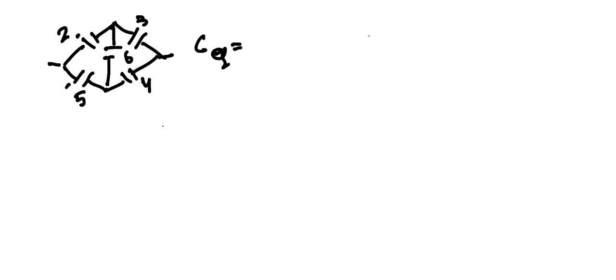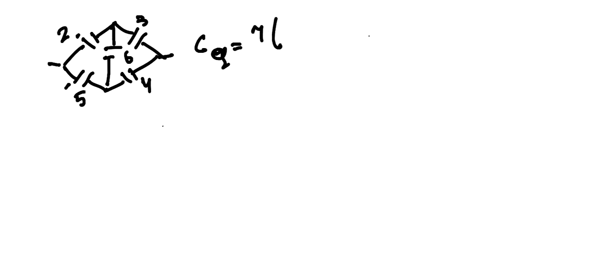So let us consider a problem. We can give them values of our choice: 2, 3, 4, 5, 6, all these in microfarads. So what will we do to find the equivalent? No logic, simply we are doing some calculations. 2 plus 5, we will add these two. 2 plus 5, that is 7.